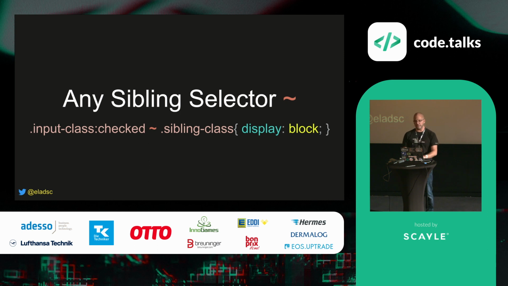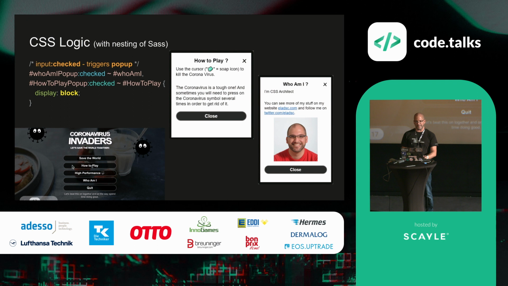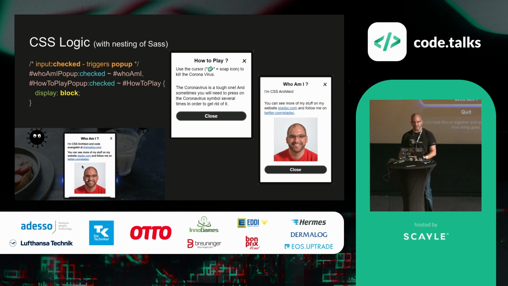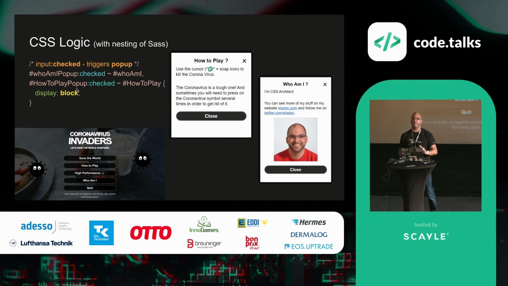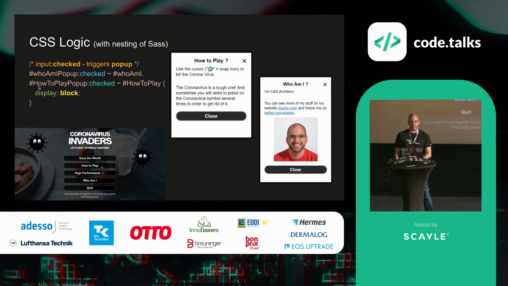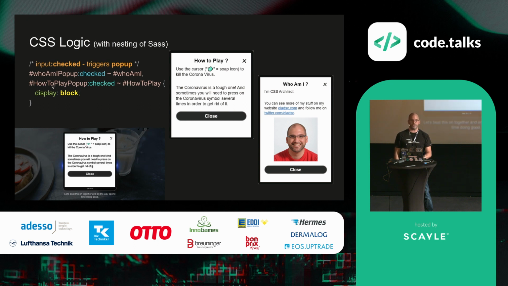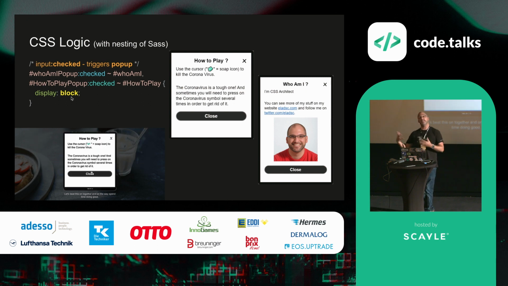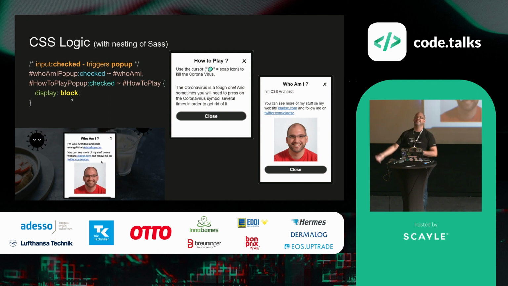And this is exactly what I'm doing in the real game. For example, when I click on the how to play label button element, it will trigger the checkbox that has the ID name of how to play pop-up. It will change its status from unchecked to checked. And if this checkbox that has this ID name is now in the status of checked, this specific selector will start to work for us. If this checkbox is in the status of checked, please go to the sibling element that has the ID name of how to play. This is the real pop-up, and I'm now just giving it display block. And now this pop-up is opened.